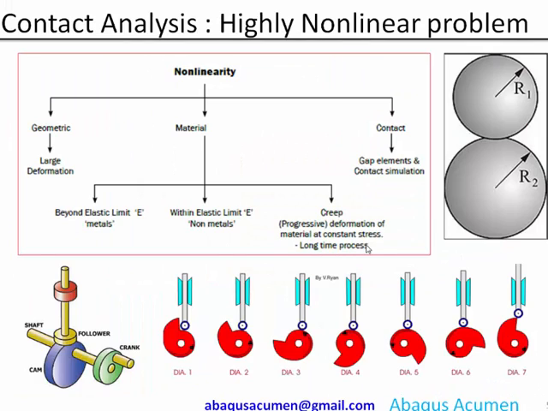Now whenever people talk about contact analysis, you see a lot of times this term: it is a highly nonlinear problem. So now let's get into where this nonlinearity comes from in contact. Whether in simulation software or in finite element theory, there are three types of nonlinearity involved in finite element analysis. One is geometrical nonlinearity, another is material nonlinearity, and the third is contact nonlinearity. Contact nonlinearity is also called boundary condition nonlinearity. We'll get to contact nonlinearity and boundary condition nonlinearity later.